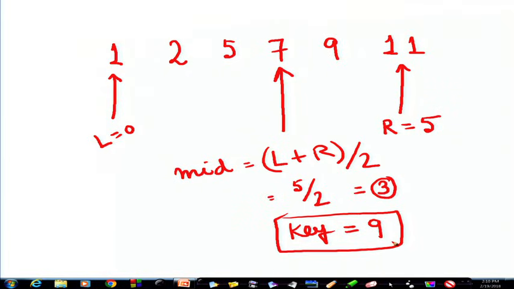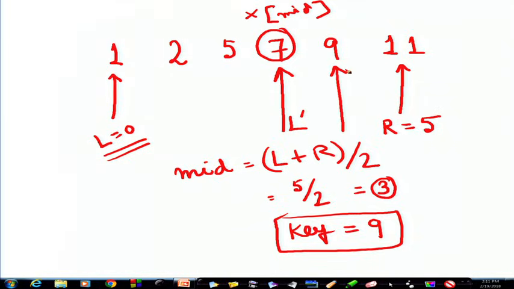Now, since the key is greater than the element x mid, since x mid is less, I will be restricting my search in this area. Therefore, I will move this L to mid. So, this will be my new L, and the next mid will be this new L plus R by 2. So, that will be this element.